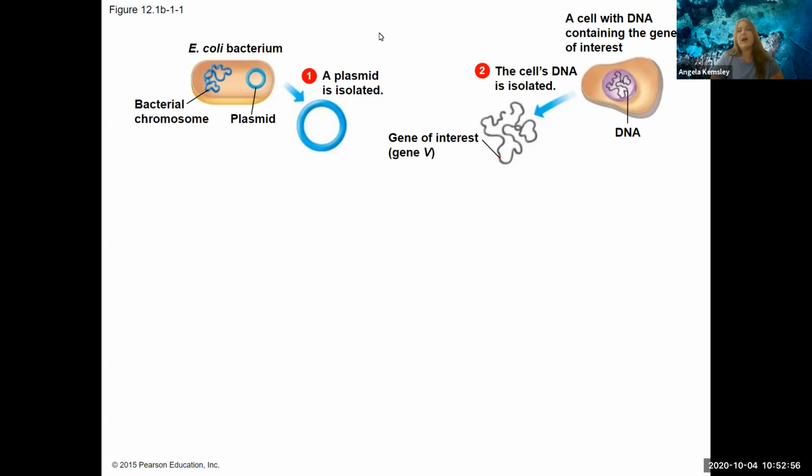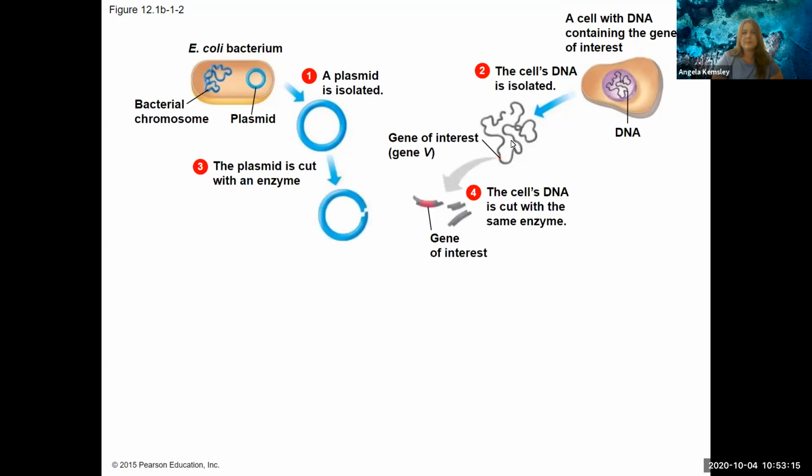Then in the other organism here on the right, so we have our E. coli on the left, we have a cell from something else here on the right. Notice that there is DNA already in the cell here, so we're going to isolate that DNA in the other cell. Then going back to our E. coli on the left, the plasmid is going to be cut with an enzyme. So we're going to use that restriction enzyme to make a cut,